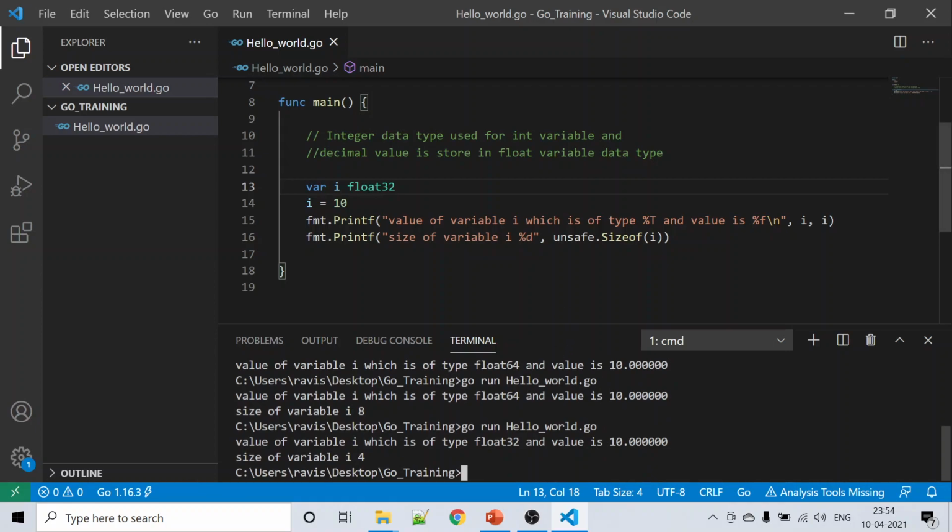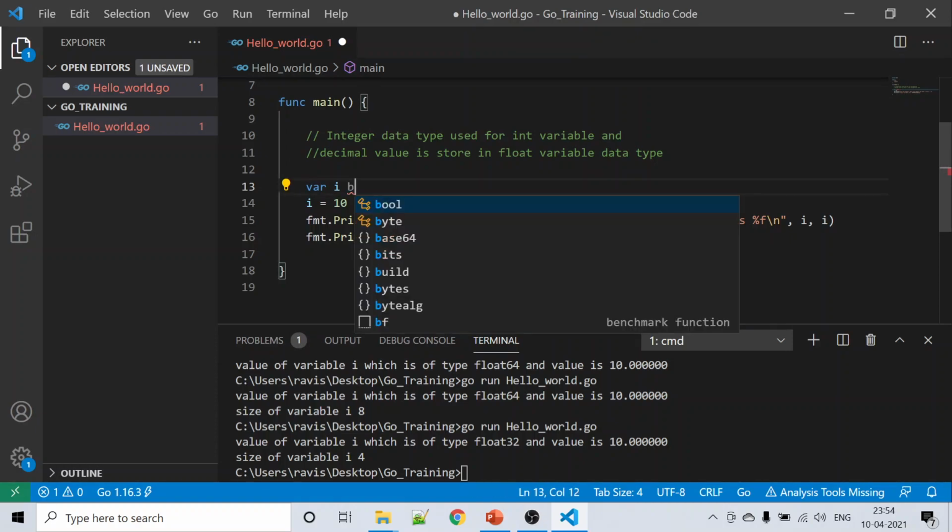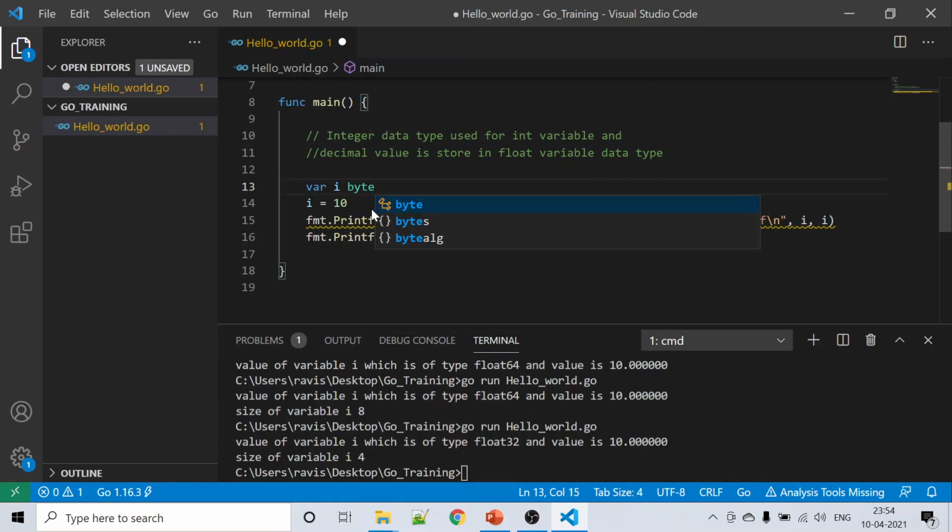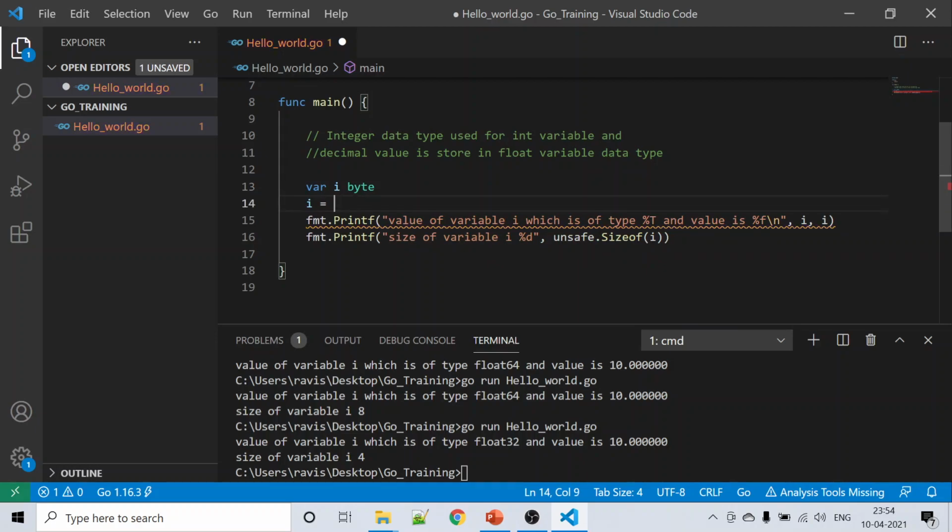Fine. Now we will be discussing bytes. As I told you, a string is an array of bytes. So firstly we will discuss bytes, then we will go for strings. Okay, so I will declare a variable I which is of type byte. Now I will store some value. I told you byte is like,